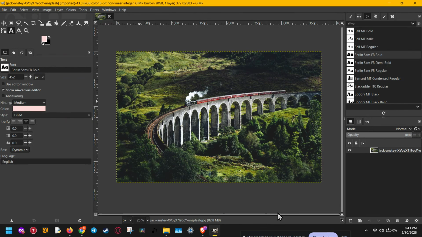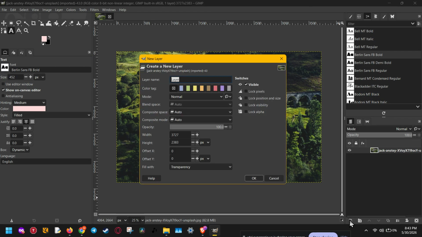Let's start with your base image. Open Gimp and load the image, pattern, texture, or color layer that you want to transform into a weave. If you want a clean and uniform textile look, you can also create a brand new layer. To do that, use Ctrl plus Shift plus N, then fill that layer with a solid color using the Bucket Fill tool. This is a good option if you want to build the weave effect from scratch instead of using